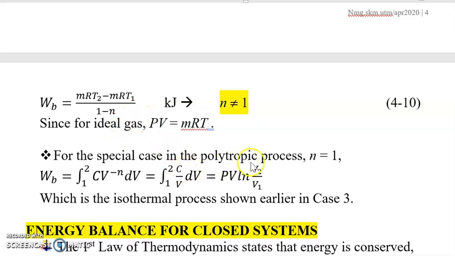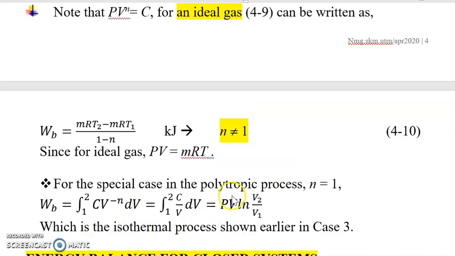Now for the special case in the polytropic process, as n is equal to 1, PV to the power of 1 is just PV. This is the isothermal process shown earlier in case